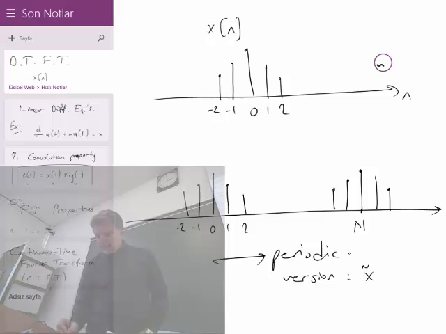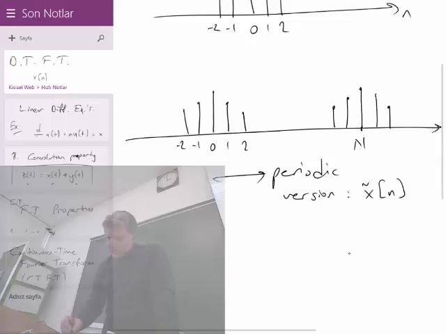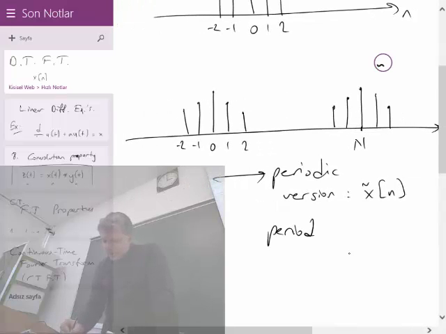let's call it x tilde of n. It's just a periodically replicated version. It's not only two of these, of course. It is repeating itself to the right hand side and to the left hand side too, to both sides. This x tilde of n is a periodically extended version of x of n. Periodic version, and the period is equal to capital N,